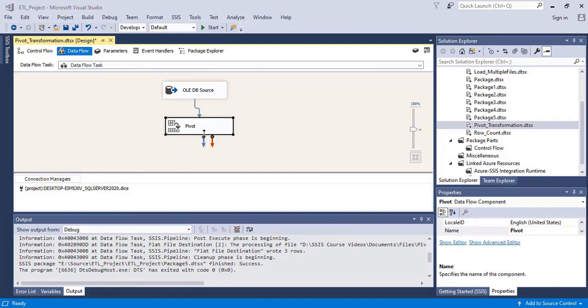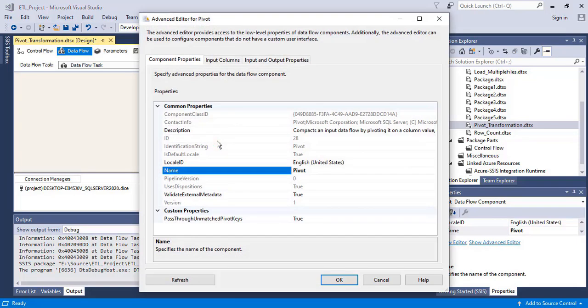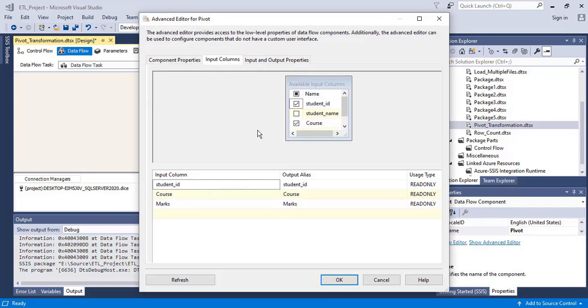So next I'm going to right click this pivot step and then click show advanced editor. What I want is to include all columns including student name: student ID, course, marks, student name. I want to include all columns.